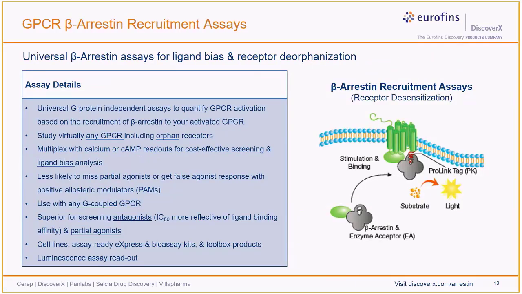All right, the next assay to talk about is the β-arrestin functional assays. These are universal GPCR assays, and what I mean by that is they're not dependent on G proteins. They're an ideal system for discovering antagonists, looking at partial agonists, GPCR deorphanization, when you don't even know the coupling or anything about the GPCR pathway itself for your specific target, and dissecting ligands in general. So we highly recommend using this type of assay first and complementing it with a secondary messenger type of